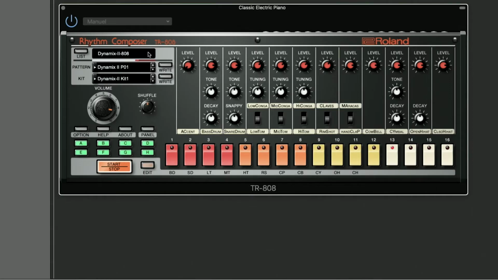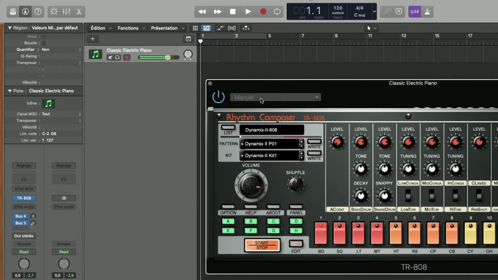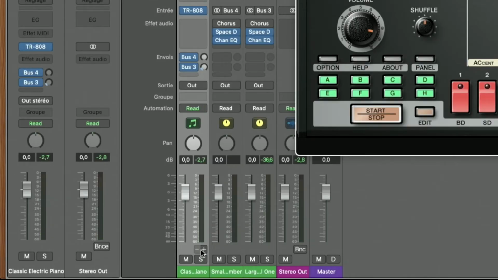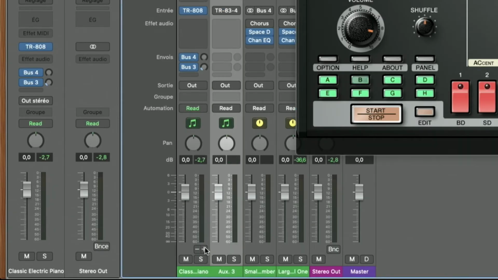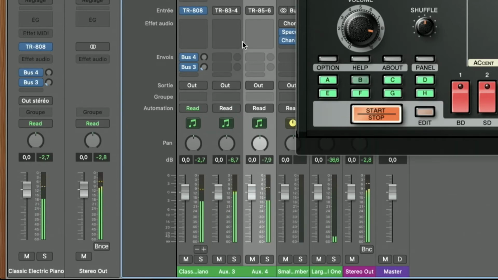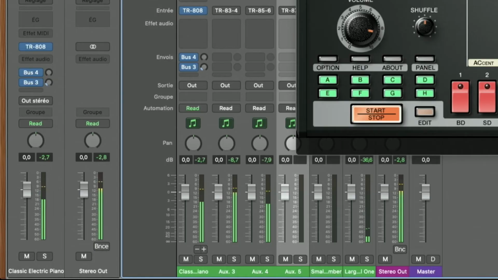Still, we hear them, which is kind of odd because you go, well, it's not in the output. Well, that's it. The way it's already prepared for you is great. I'm going to press on the mixer here, or you press X for the mixer. There's a little plus sign here just beside the track, at the bottom of the track. You press plus, and then you can plus again, and you see this one is TR-8, 3 and 4, 5 and 6. If I press plus again, I have,